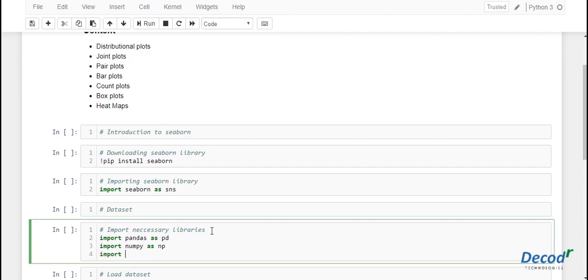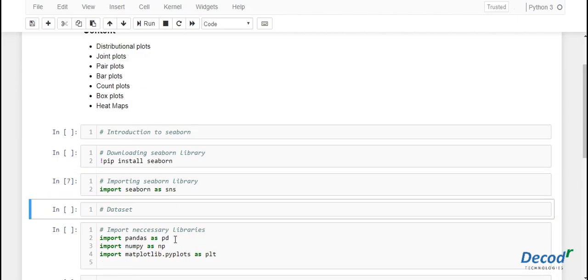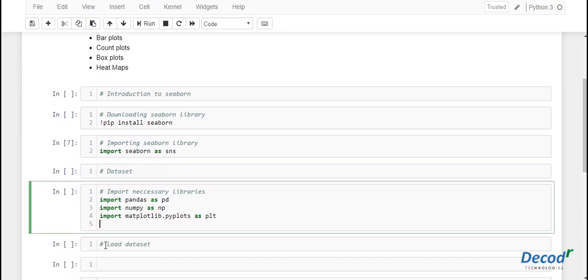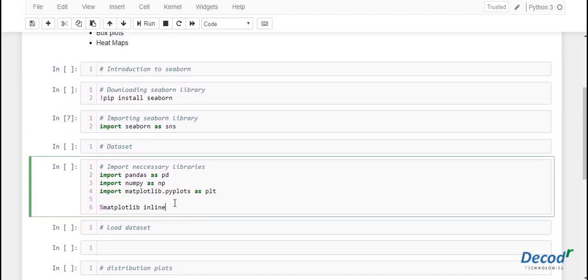We'll be plotting, so we'll need matplotlib.pyplot as plt. We have already imported Seaborn, so let's just execute that. And then we will have the inline command %matplotlib inline to embed the graphs within the Jupyter Notebook.